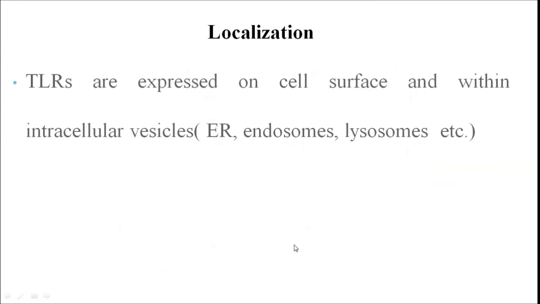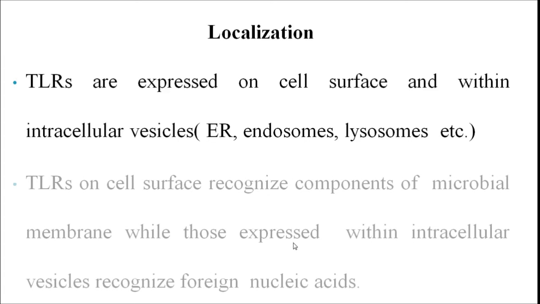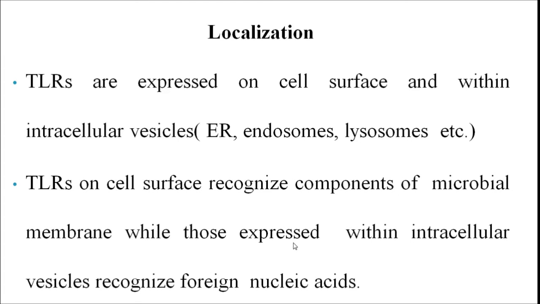Localization. Different TLR family molecules are mainly expressed on the cell surface or are present within intracellular vesicles like the endoplasmic reticulum, endosomes, lysosomes, etc. The toll-like receptors present on the cell surface recognize specific components of bacteria which are present on the membrane of the microorganism, while those present within the intracellular vesicles recognize